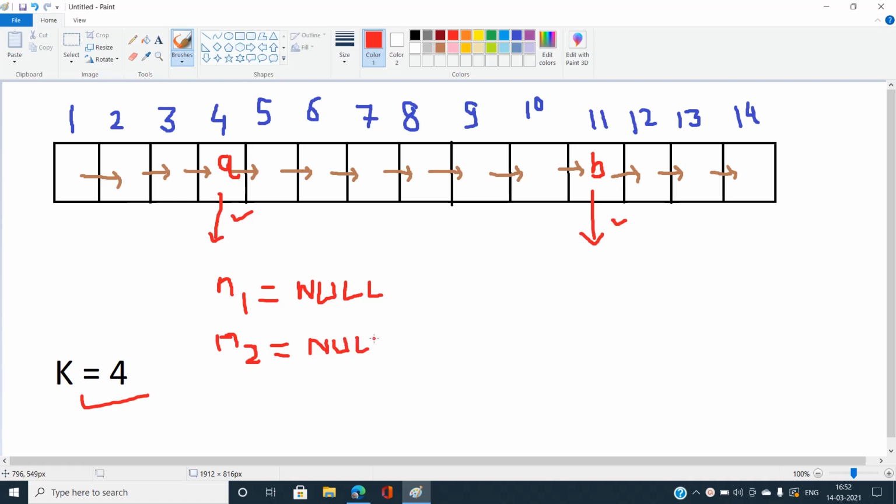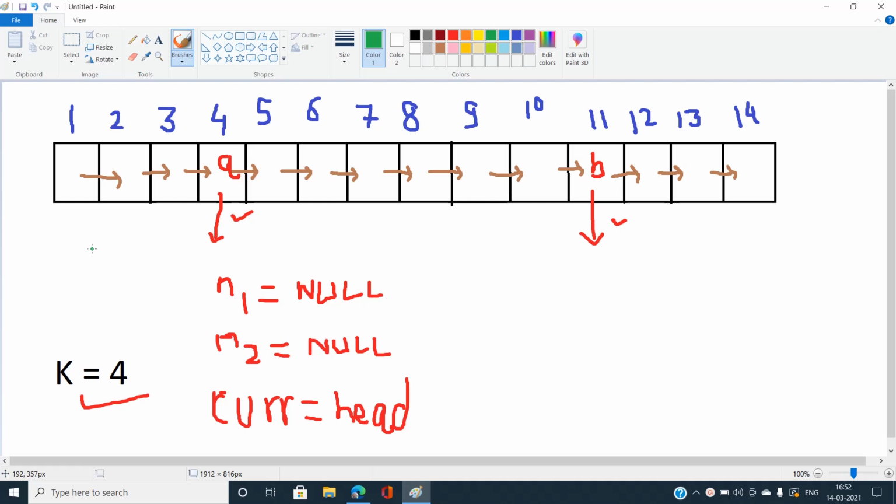Now I am going to make another node for iterating, let's say curr, that is initially initialized with head, the head of the linked list. Now I am going to start iterating in this linked list, and each time I find a node I am going to decrement k, and whenever k reaches 0, it means we have reached the kth node from the beginning.